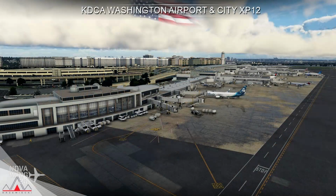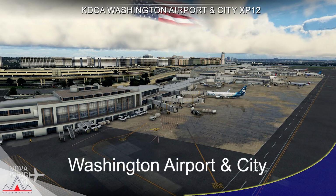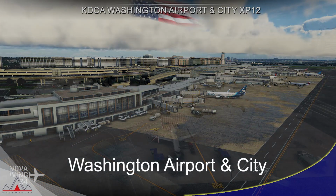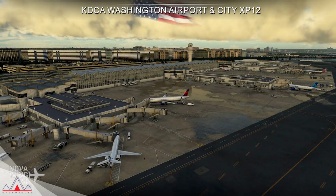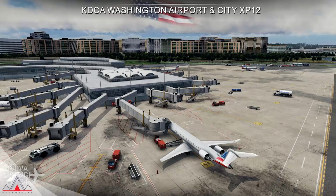And in the other X-Plane 12 release this week, the team over at Giovetsky Designs released their first release for X-Plane 12 with the release of KDCA Washington Airport and City Combination Pack. So this is marketed as a ground-up build for X-Plane 12. I'm going to be suggesting it's probably more likely a hybrid sort of port over from the ESP and Microsoft Flight Simulator family of sims,